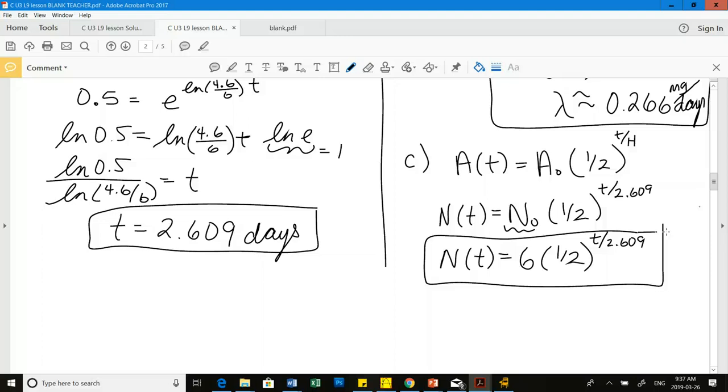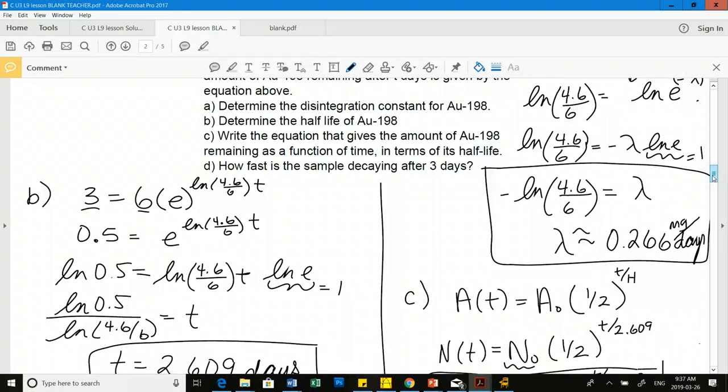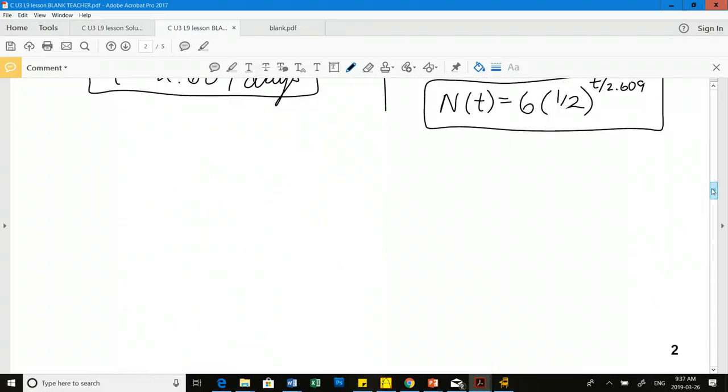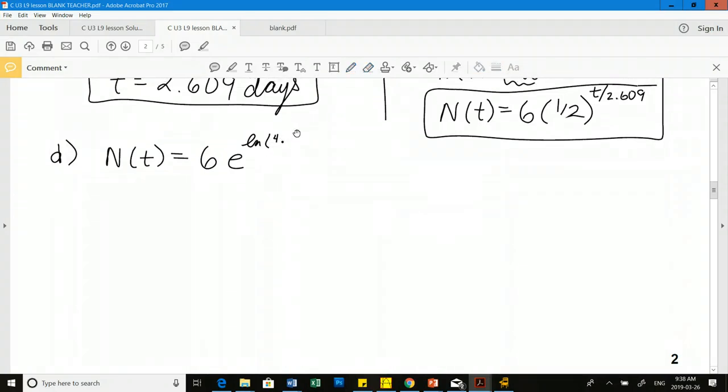So we could use our new formula here, but I think we can refer back to our original formula, the formula that we used right here with N at t. And we'll do the derivative of that one, just in case we got C wrong, right? Then we don't want to rely on that to get our next part. So I'm going to use this formula. We'll call it N at t. Our initial sample is still 6, so I'm going to leave that. And then we have the ln of 4.6, or sorry, I put 4.9, 4.6 over 6